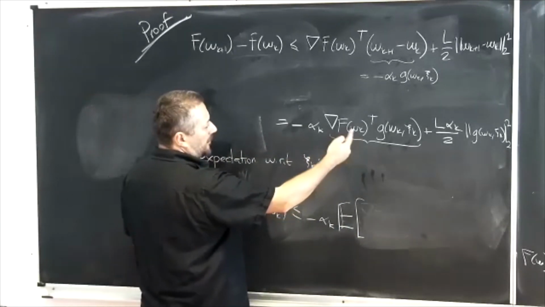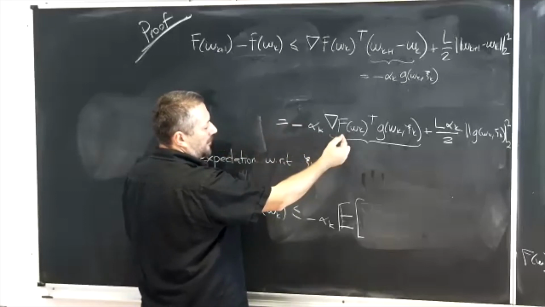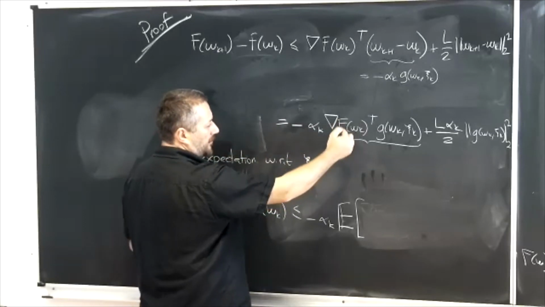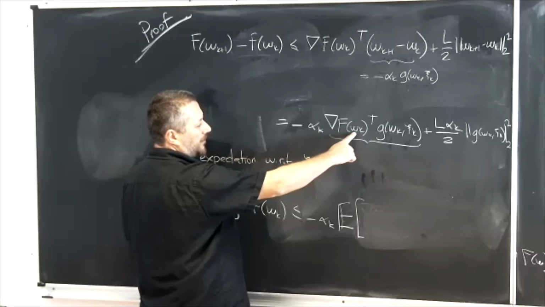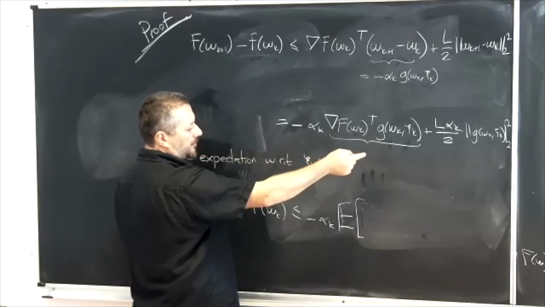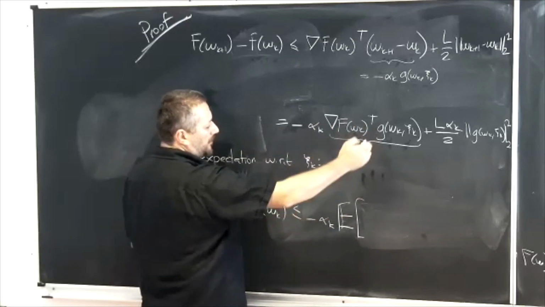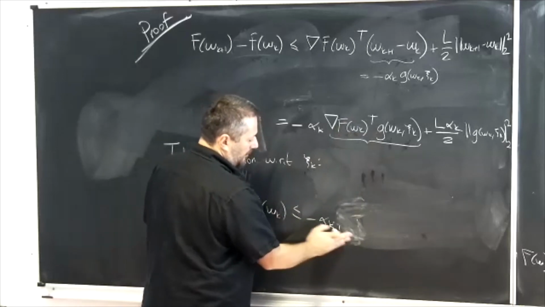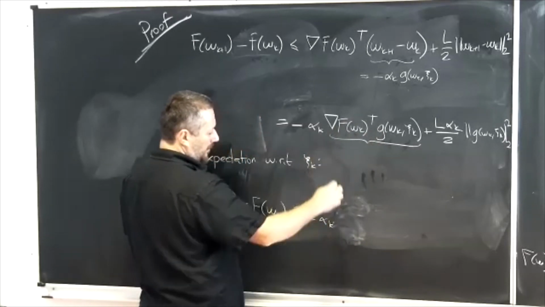Okay. The thing is, the expression on the left, this transpose, only depends on omega k. It doesn't depend on ck. So we can just skip that. So you can check easily that actually this